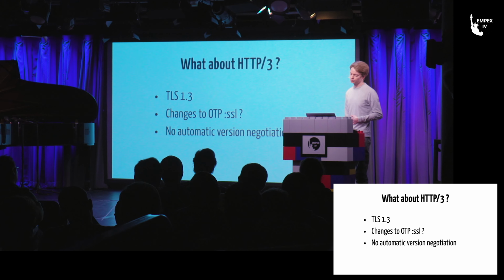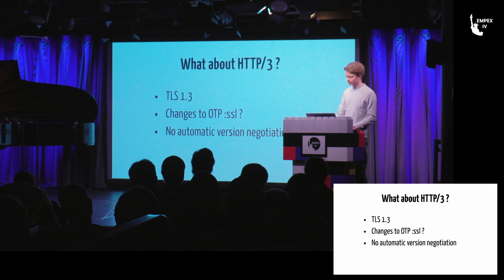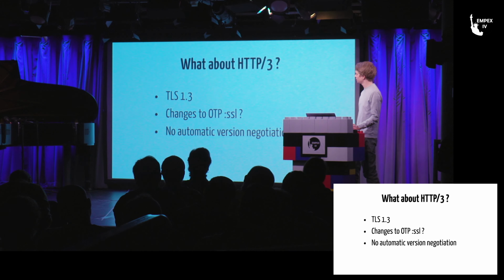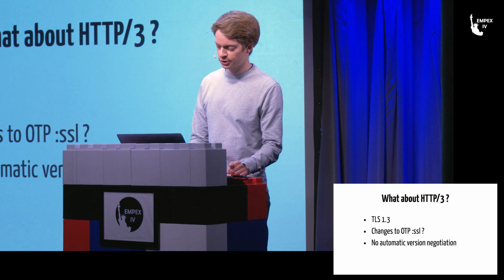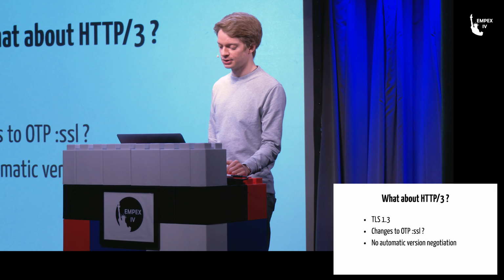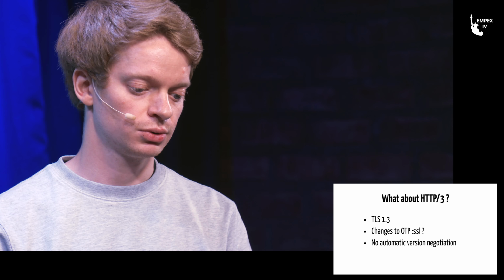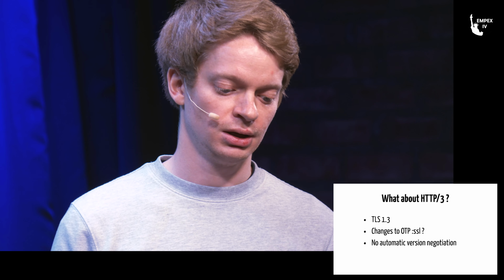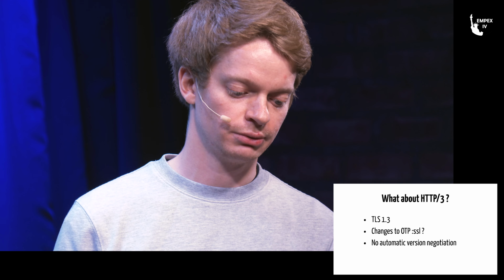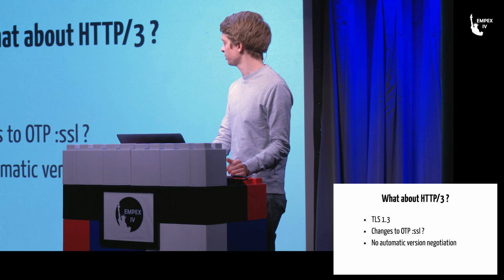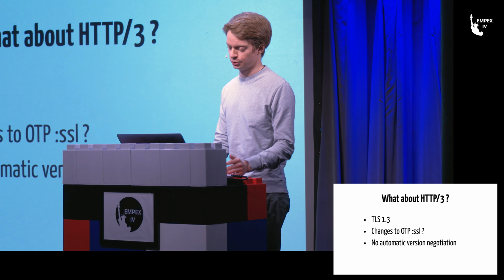So we started looking into what HTTP 3, not in that much detail yet. But we started looking into what would be needed to do HTTP 3 in Mint. So one thing we need is the latest TLS version. OTP 22 was just released with some initial support for this, and I think we will get more support for it in future releases. But we might also need some changes to the SSL module, because with HTTP 3 we're running on UDP instead of TCP. HTTP 3 handles the crypto setup itself. So I think we will need some changes to the SSL module to be able to support this kind of custom way of doing